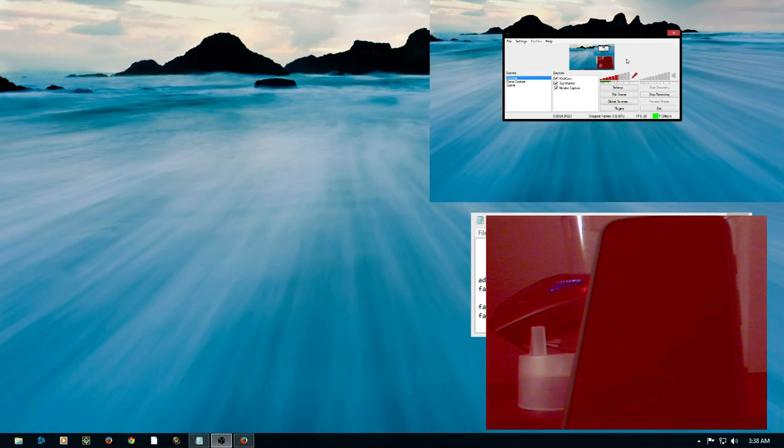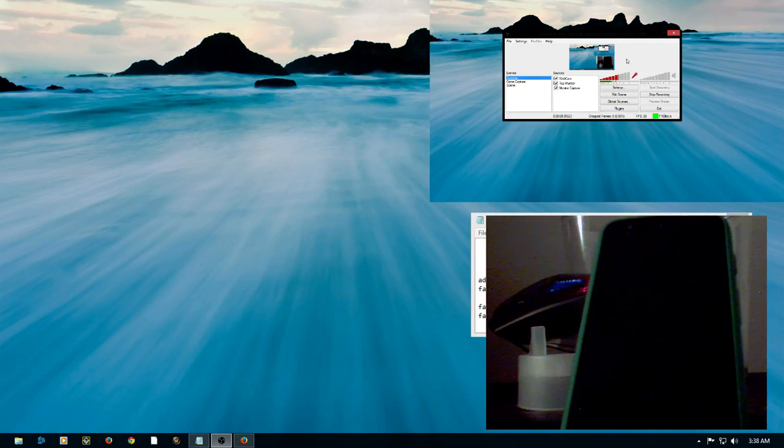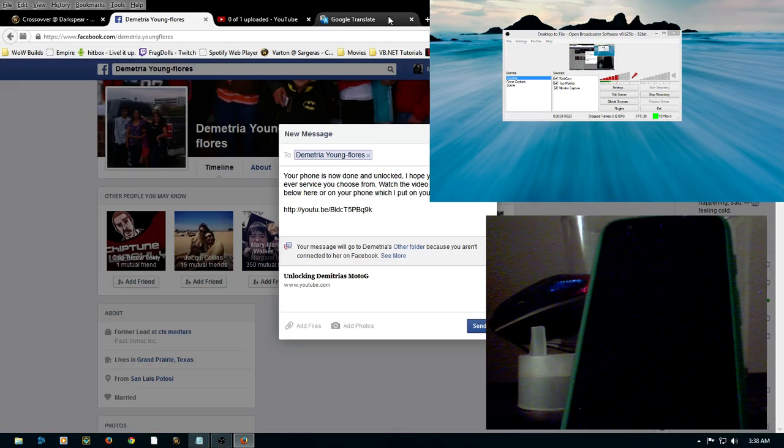My name is Mike. What I'm going to do tonight is show you how to unlock your MotoG by Boost or any other carrier that you bought your Motorola G from. Now keep in mind that this is only for Motorola G. A lot of people should know it as MotoG. First thing you want to do is you definitely want to go to